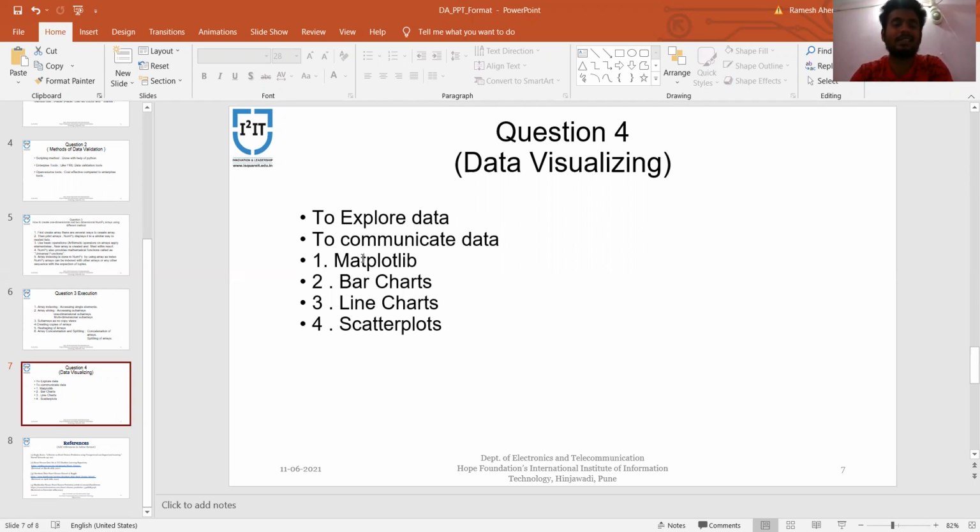The second one is bar charts and line charts, which are commonly used. Then we can see the explanation of scatter plots. A scatter plot is a diagram where each value in the data set is represented by a dot. The matplotlib module has a method for drawing scatter plots. It needs two arrays of the same length, for the values of the x-axis and y-axis.